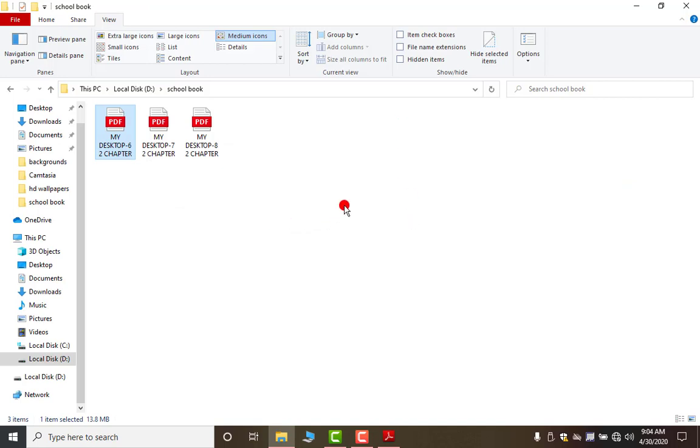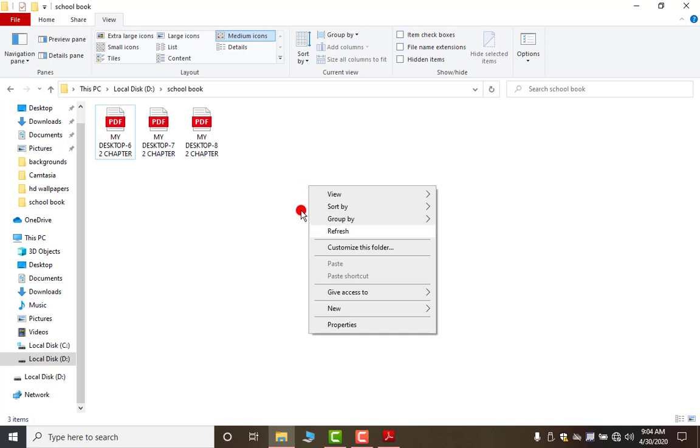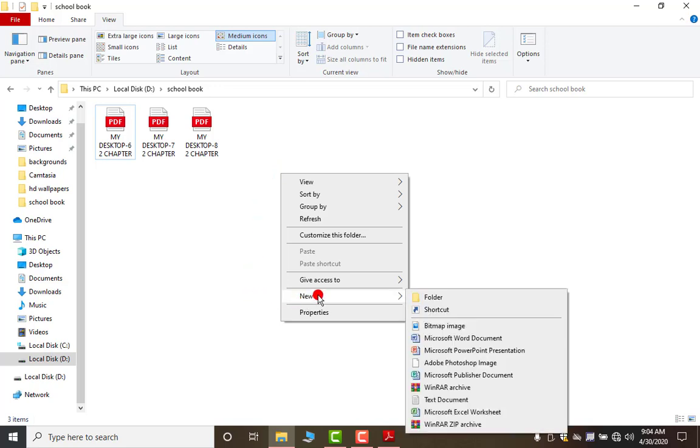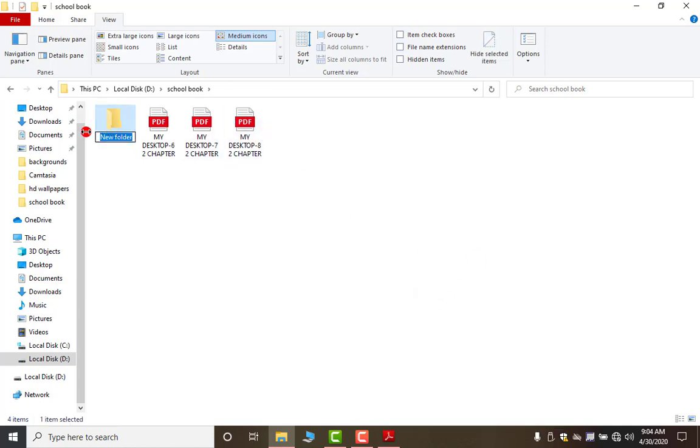First of all, the simplest way that you can use anywhere. I am not using your book right now. The simplest way to do it: just right click here on the screen, anywhere. Press the right click of your mouse and you will get this option, New. Take the mouse pointer on that and this list will open. In this we have this first option, Folder. Click on it. Here you will get the new folder.